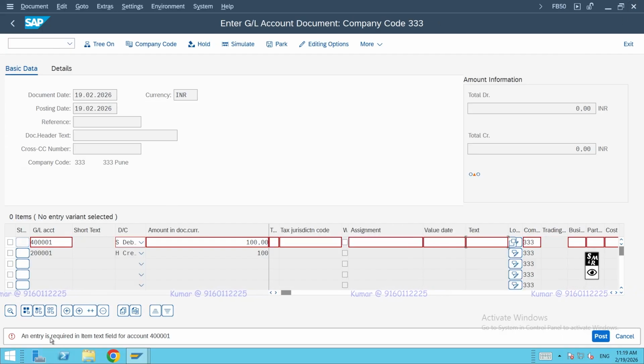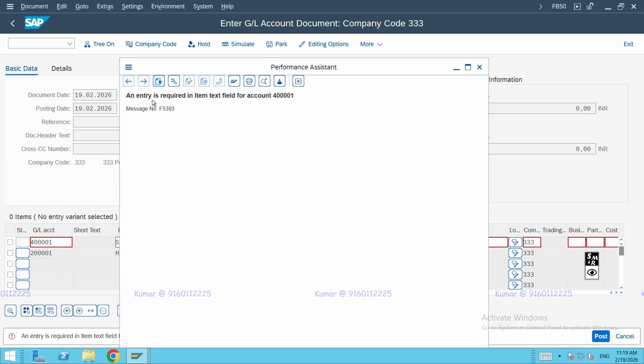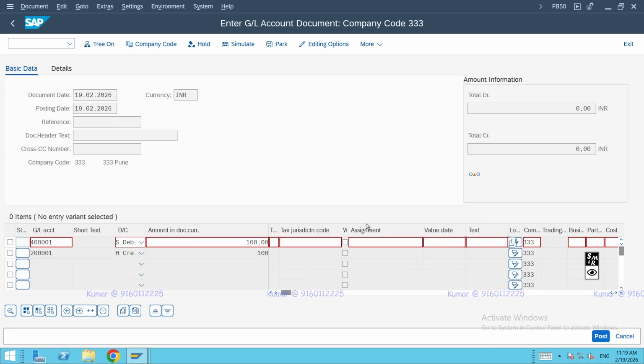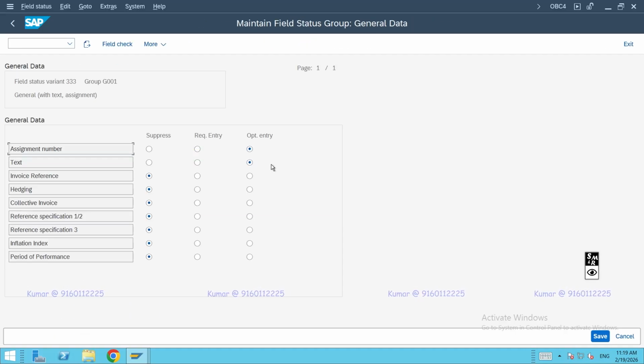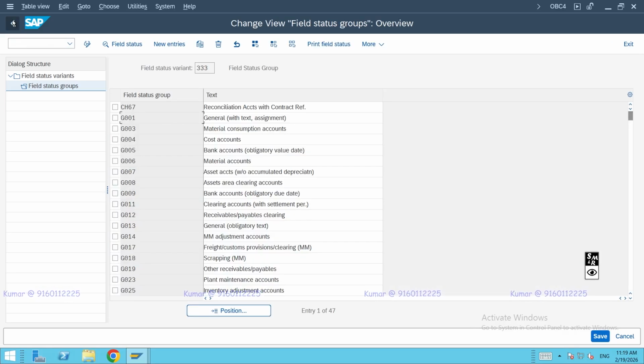Here you see an entry is required in item text field. What does it mean? Here in the text field we need to enter something. This text field is under required. Why? Even though you see in OBC4,